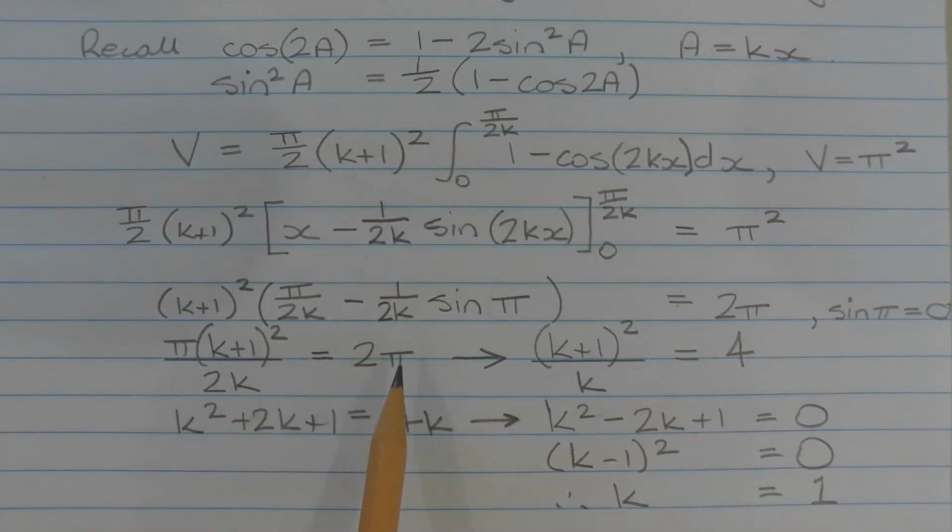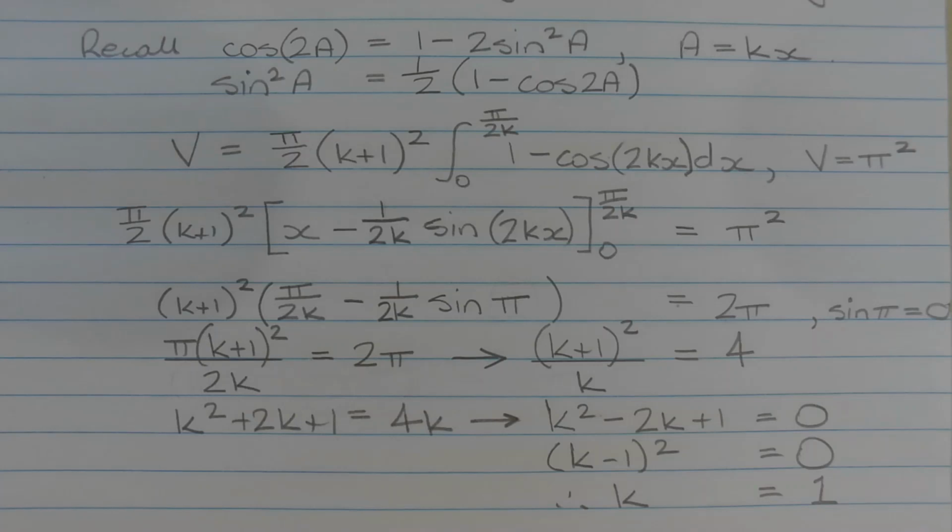Multiplying both sides by 2 and dividing both sides by pi, we get (k+1) all squared over k is equal to 4. Multiplying both sides of this equation by k, we get k squared plus 2k plus 1 is equal to 4k. Subtracting 4k from both sides, we get k squared minus 2k plus 1 is equal to 0, which is a quadratic equation,